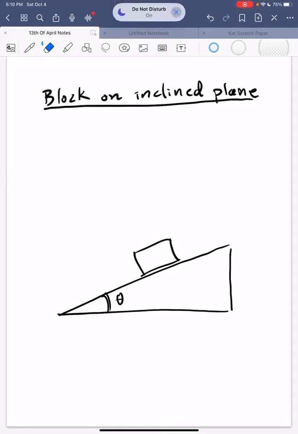Hello. In this video, I want to analyze the forces of a block on an inclined plane. It's something we've looked at a lot in class. So here below, we have our inclined plane, and it's inclined at angle theta, and we have a block resting on it. And the first step in doing this should be to just think, what are the forces acting on